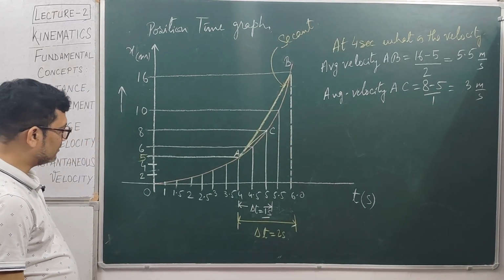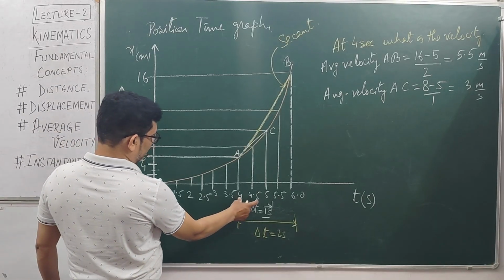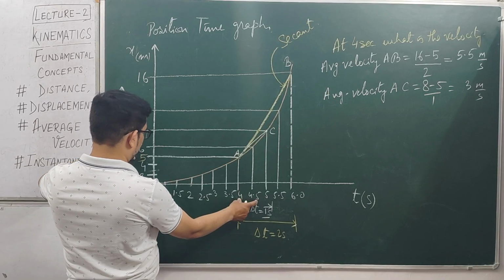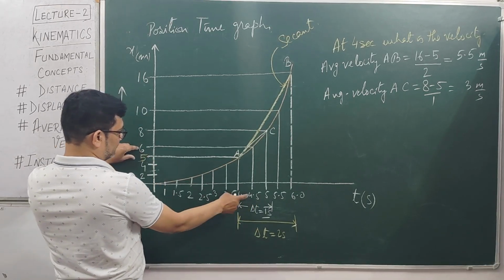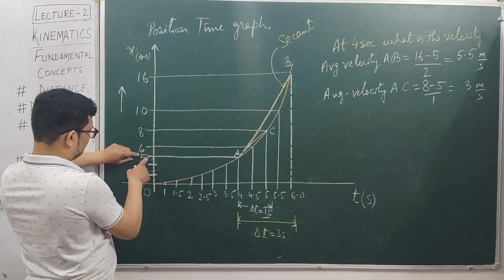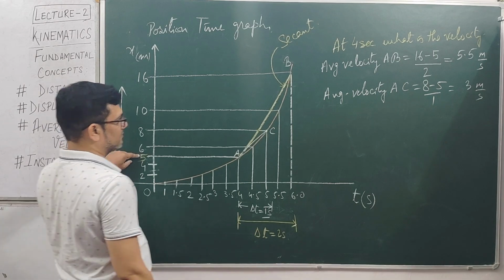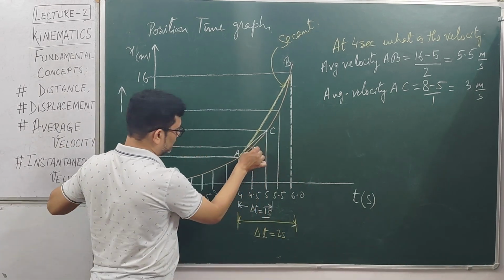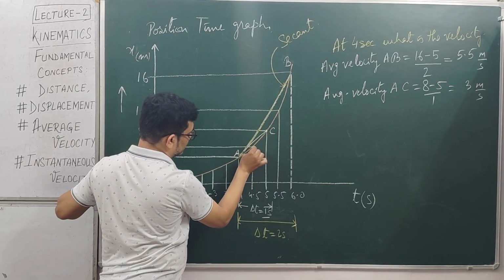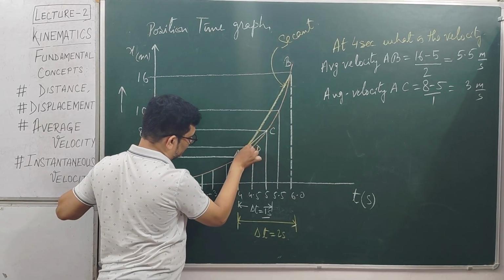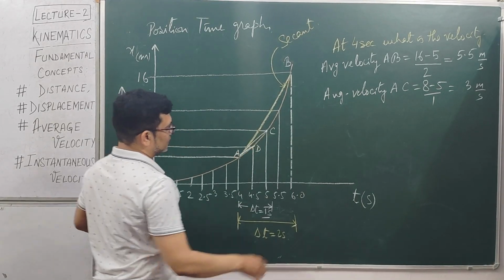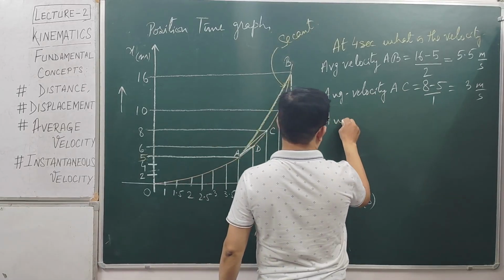All right. Now if you want to take, suppose, 4.5, and you want to take this interval, that is 4.5 corresponds to 6 and 4 corresponds to 5. So it is coming out to B. So now if you want to move this C, and the B has moved to C, now C has moved to D, suppose, and now you want to find this particular interval. So if you want to find the average velocity,